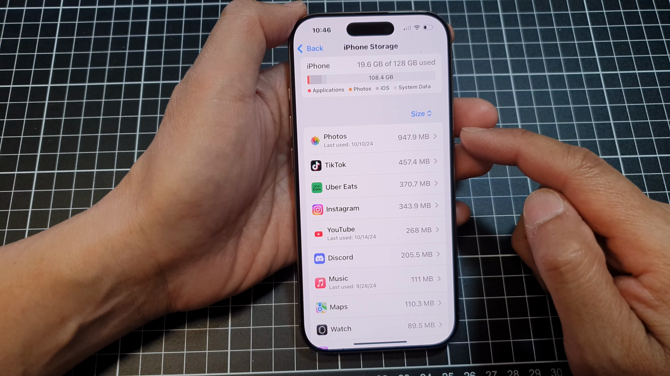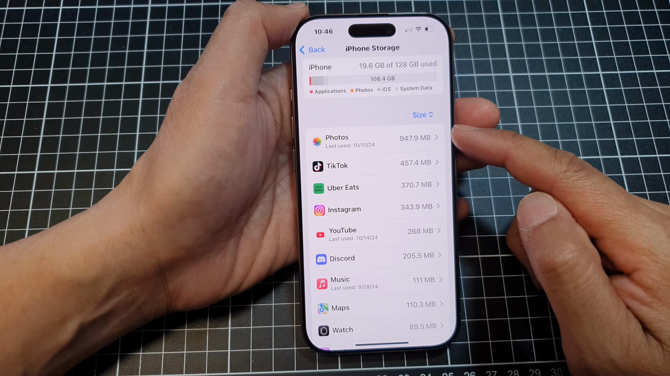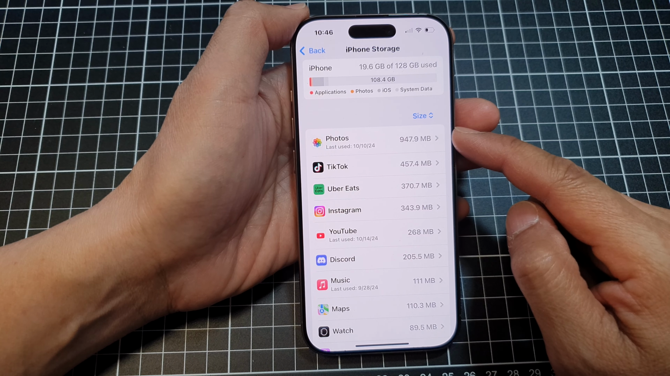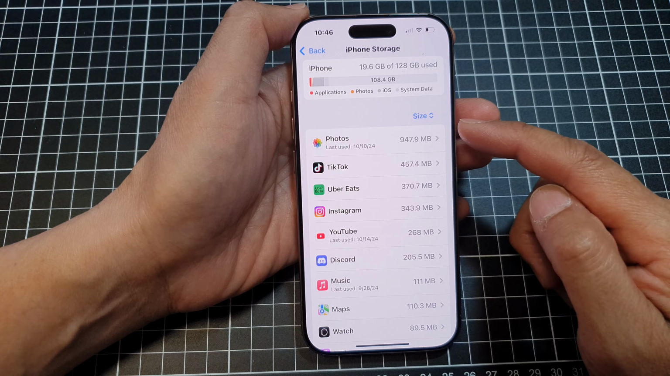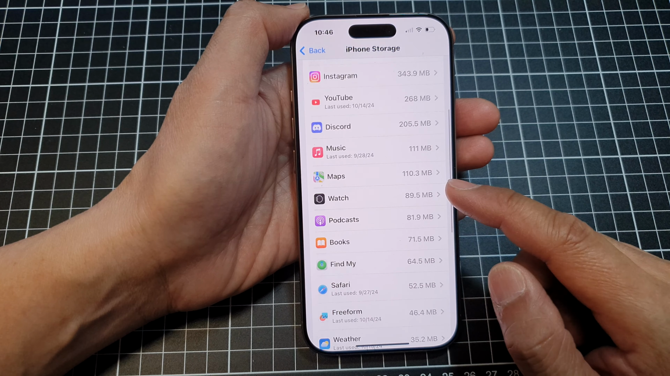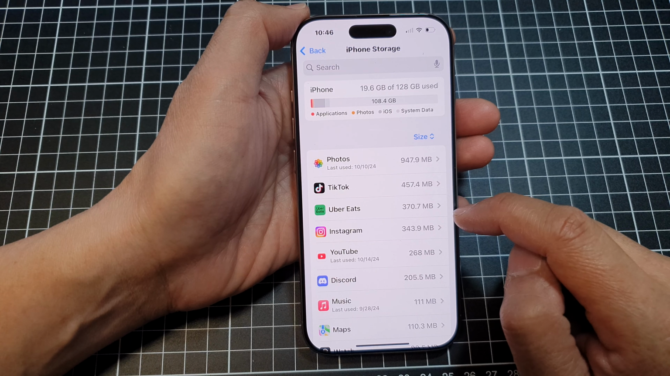And in here, you will see a list of apps. It will be displayed in the order of size. So the apps that use up the most storage will be displayed at the top of the list. From here, you can work your way downwards, and you can tap on the apps that use up a lot